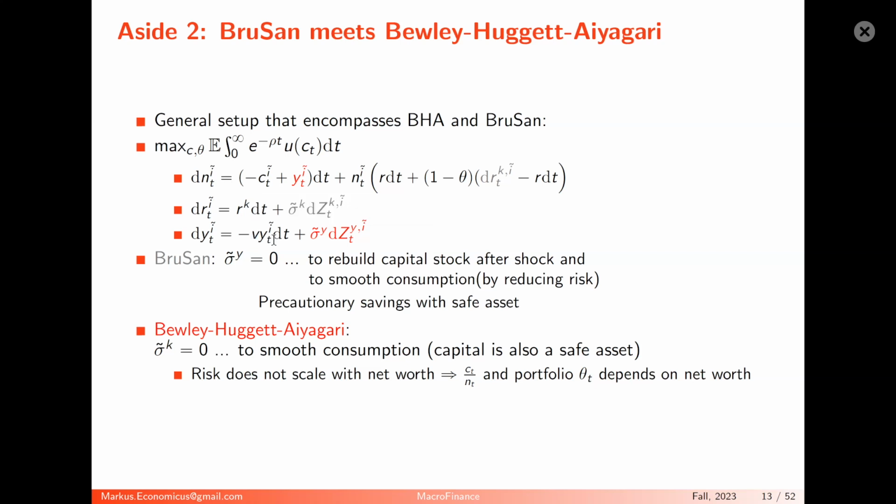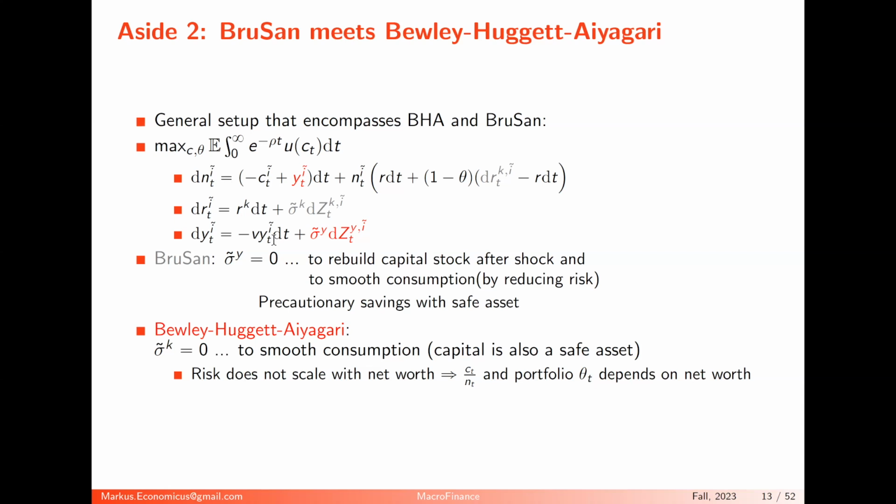Okay, so essentially what you do in the model we will analyze is you have a negative shock, some of your capital is destroyed, and then you would like to sell off the government bond in order to buy some new capital stock. Okay, and if your capital has a positive shock, you might say, okay, now I have too much capital, let's sell off some of this capital and get the government bond in return. Okay, so you rebuild the capital stock after a negative shock. You also smooth consumption over time. And you want to hold the government bond for precautionary reasons because you don't know whether some of your capital is destroyed or becomes more efficient in the next period.